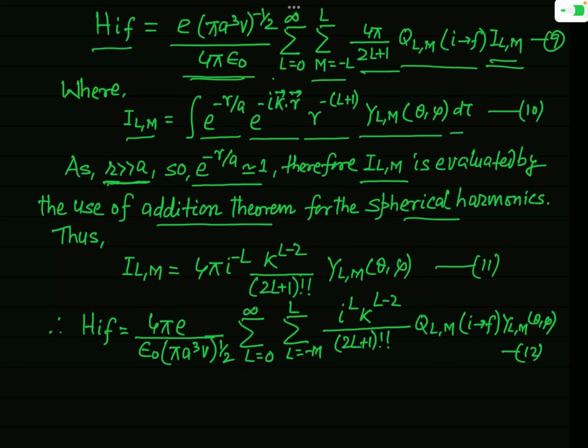In this condition, when we consider that e to the power minus R by A is almost equal to 1, then this ILM, using that addition theorem of spherical harmonics, is found to be 4 pi i to the power minus L k to the power L minus 2 over 2L plus 1 double factorial YLM theta phi. Okay. So we will substitute this value of ILM now in this equation 9, and then you will